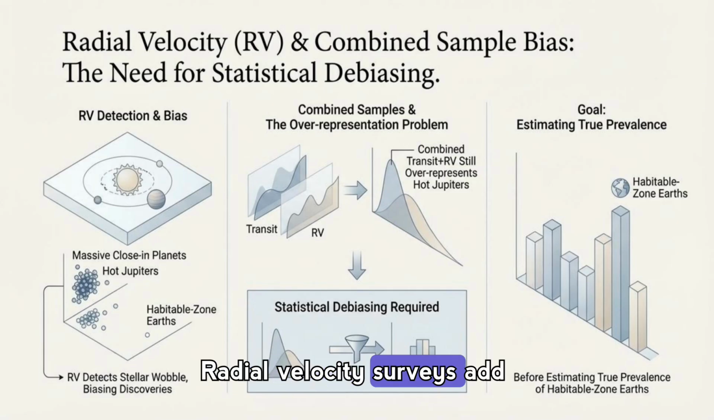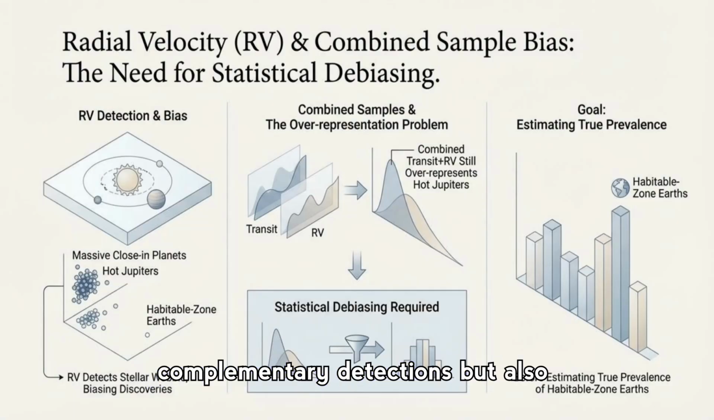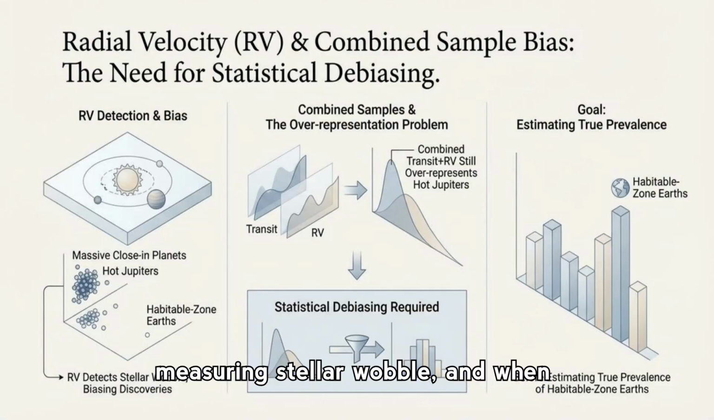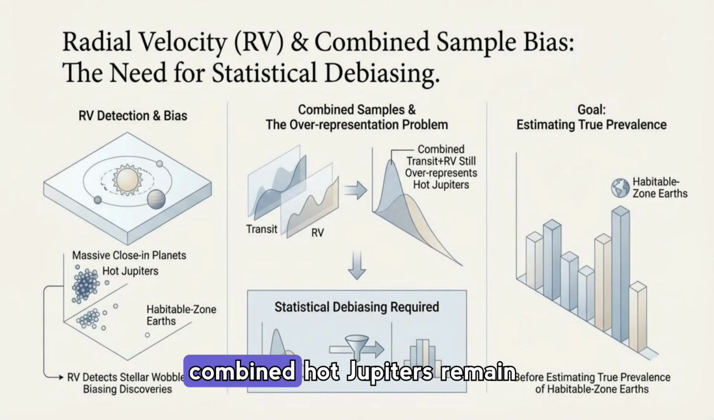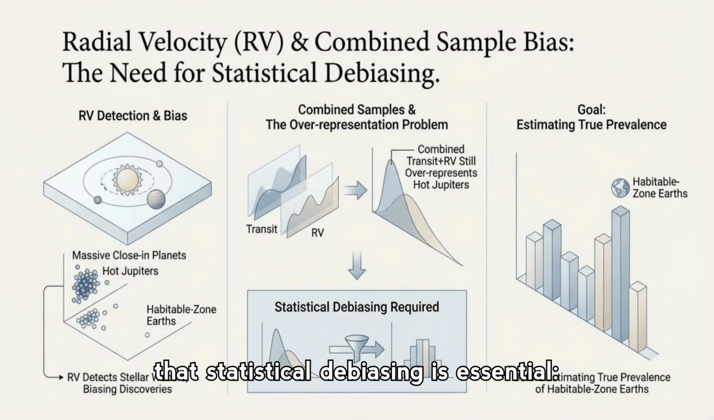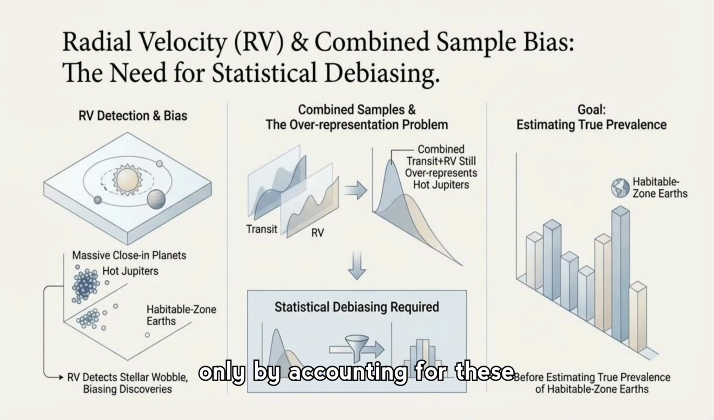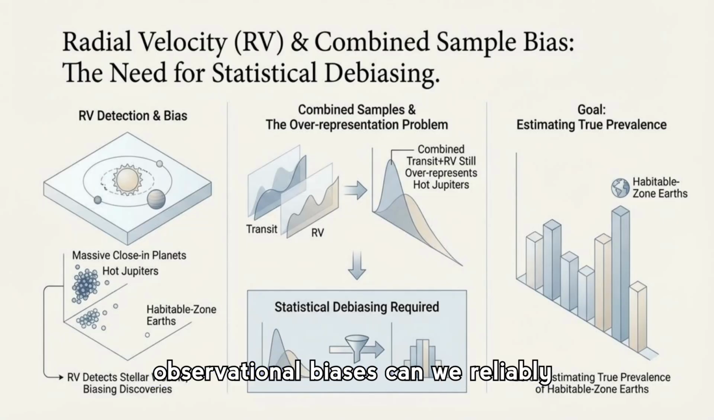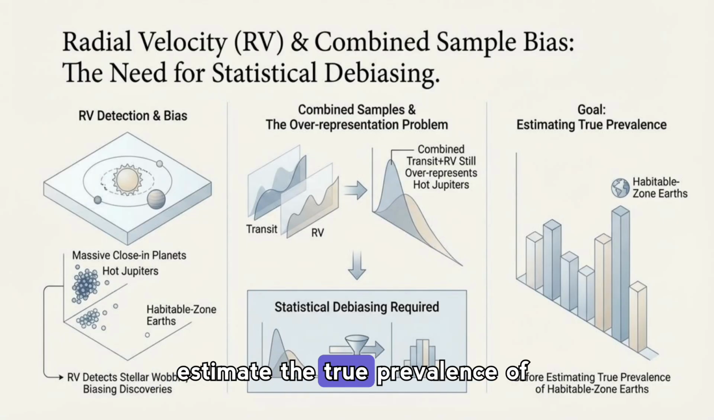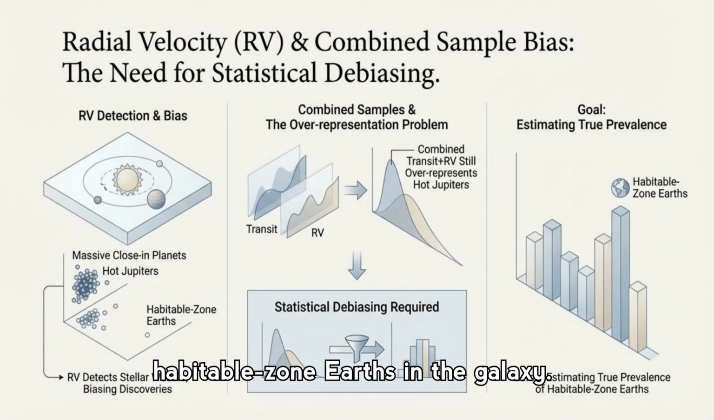Radial velocity surveys add complementary detections but also favor massive, close-in planets by measuring stellar wobble, and when transit and RV samples are combined, hot Jupiters remain overrepresented. The takeaway is that statistical debiasing is essential. Only by accounting for these observational biases can we reliably estimate the true prevalence of habitable zone Earths in the